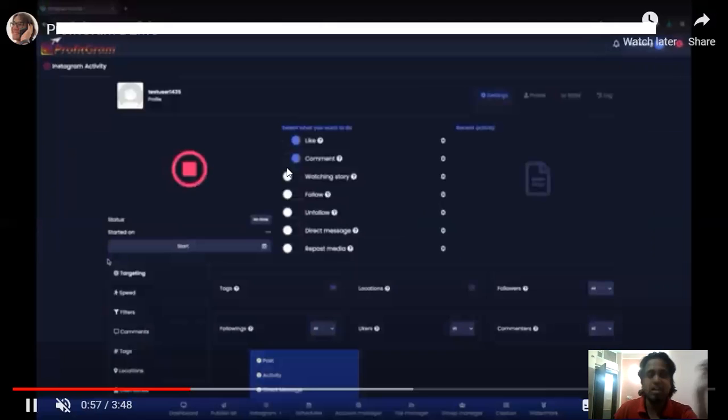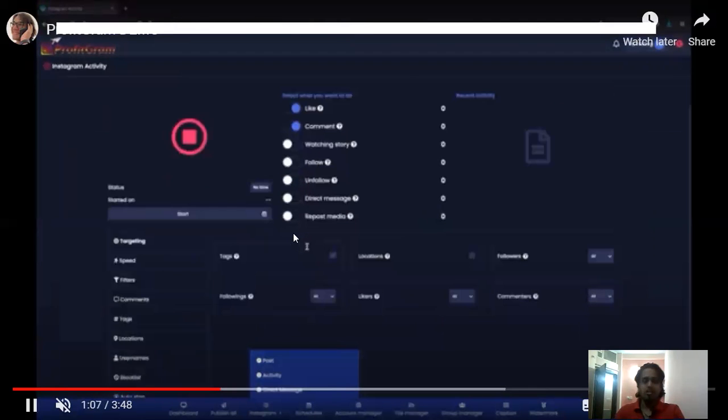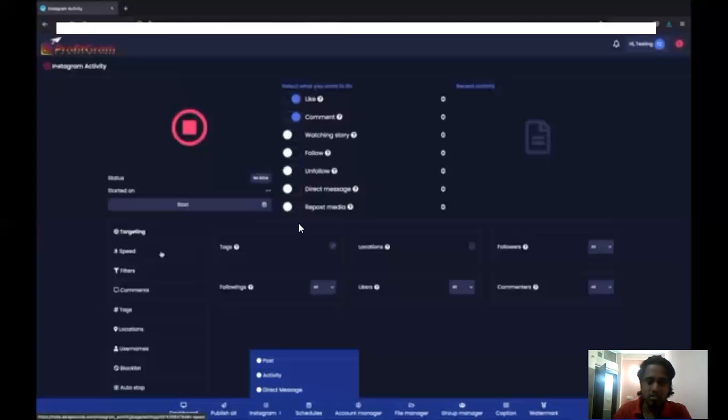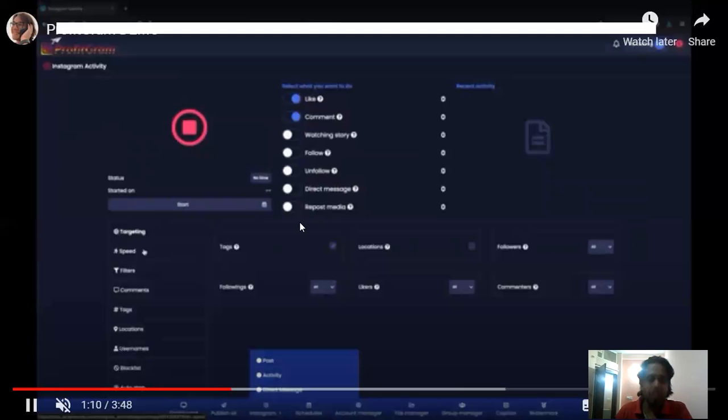Some settings are available, like comments and all these things. You can limit some access also, by the people, such as follow, unfollow, direct messages and all these things. You just have to click this. Actually, this is for your profile. And we will discuss it with a live demo, which I will do in front of you directly.